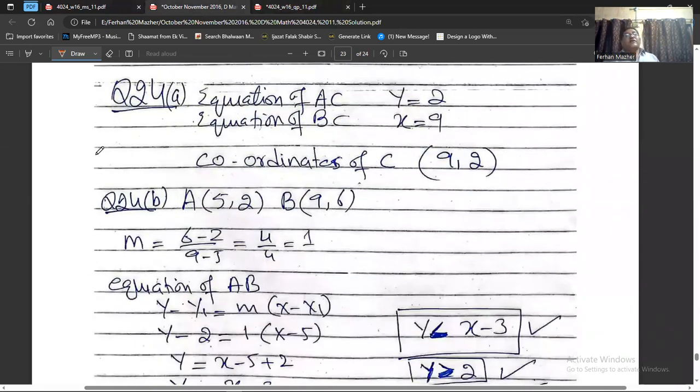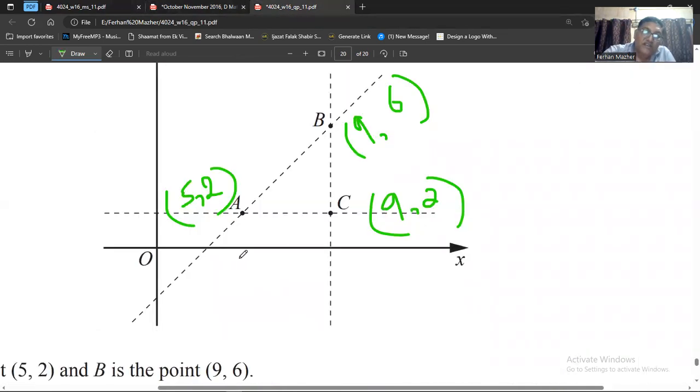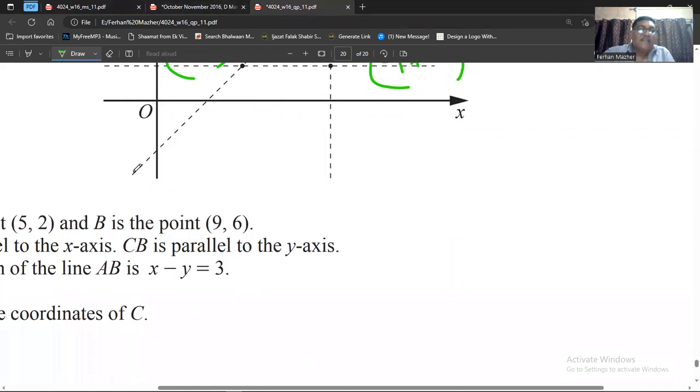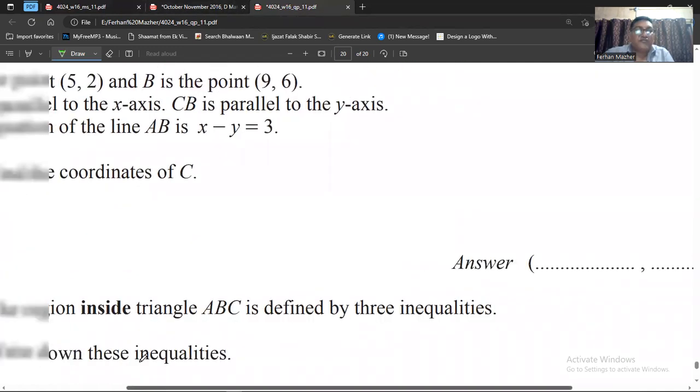Okay, you can see the equation of AC is y equals 2 and the equation of BC is x equals 9. So the coordinates of C will be 9, comma 2 because that is the intersection of these two lines. So the coordinates of C are 9, comma 2. Hopefully you understand. I have tried to explain it here also. Okay, then the question is,